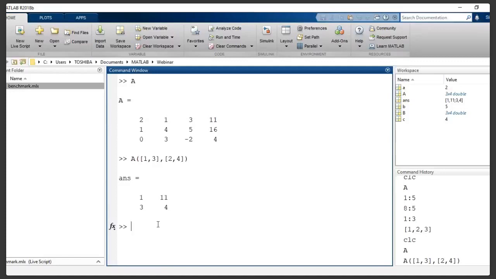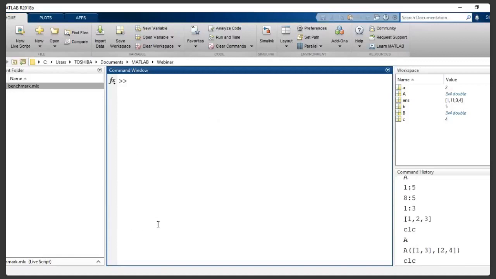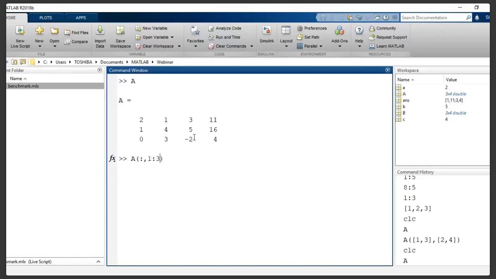So let's go back to what we were saying. We wanted to get the coefficient matrix, right? The coefficient matrix, I want all of the rows, but here, what do I want? I want just 1, 2, 3. That is my coefficient matrix. Is that so? Now, my constant matrix on the other hand is supposed to be what? 11, 16, 4. So this is my coefficient matrix, no problem. My constant matrix is supposed to be